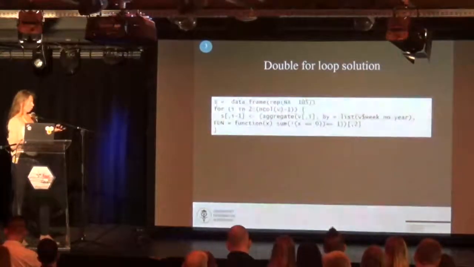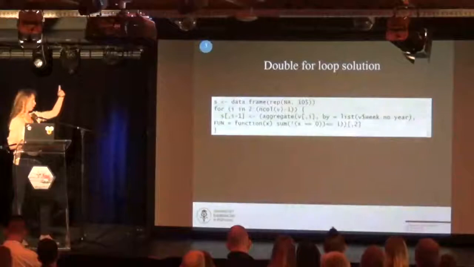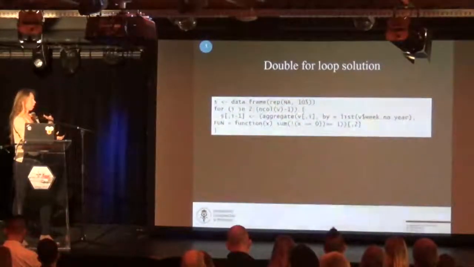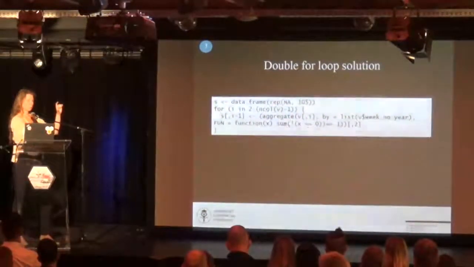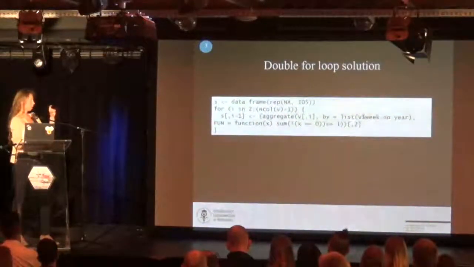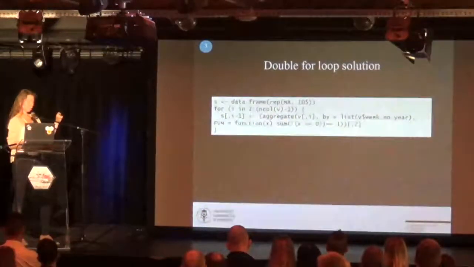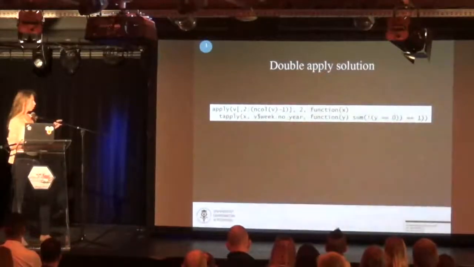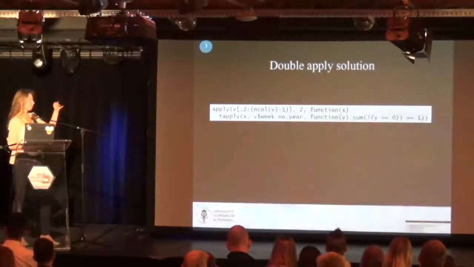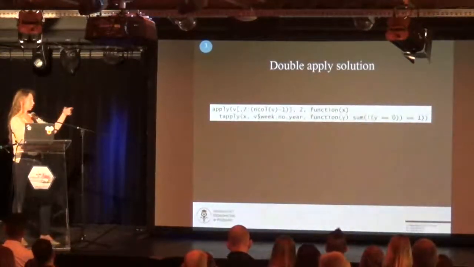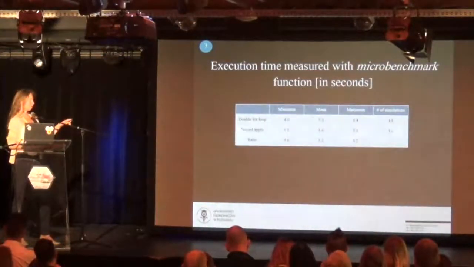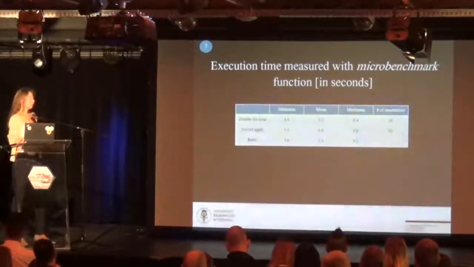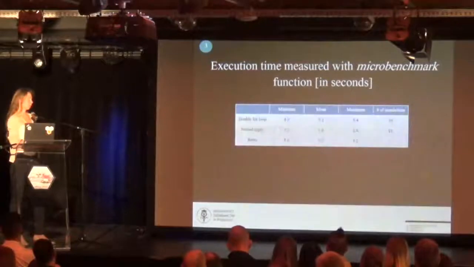So how I did it with the for loop, again, the for across the columns, and then the aggregate function. So I have the summation of the number of the days within a week where the rate of return is different than 0, and with the apply function, I have the apply along the columns, and then the tapply to sum the non-zero rates of return within each week. And the execution time is more than 3 times faster in this case, and it really helped me to shorten the time of performing my